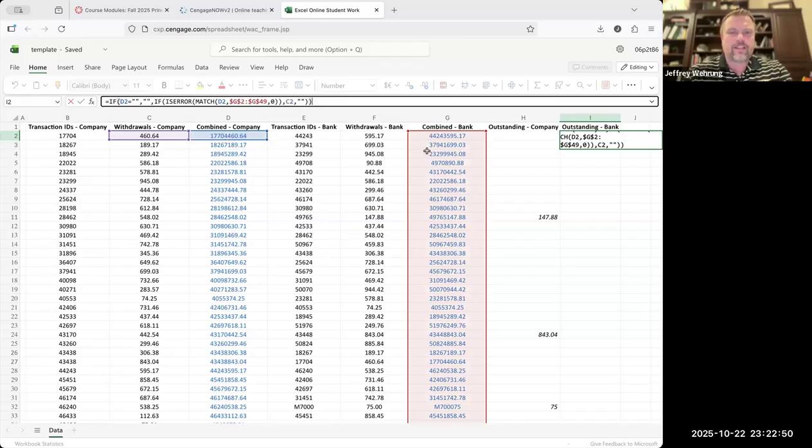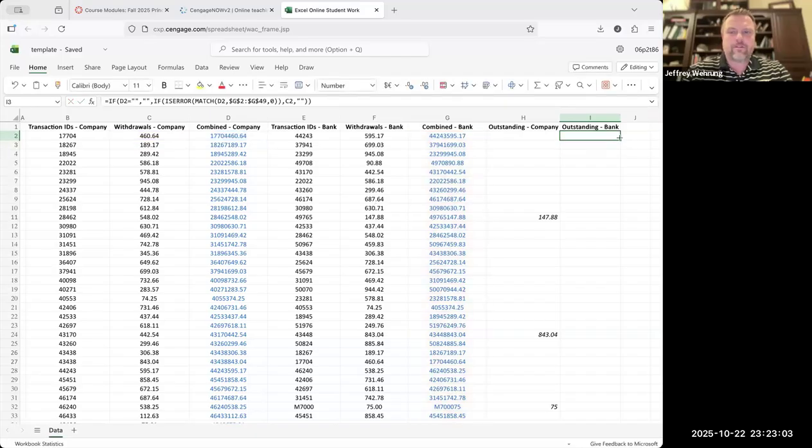Okay. And if it doesn't find it, it's returning what is in the C2. So it looks for D2 in the G column, and if it doesn't find it, it returns C2. And you're going to copy that all the way down. So we double click on the bottom right corner, it copies it down, and here we see everything that is